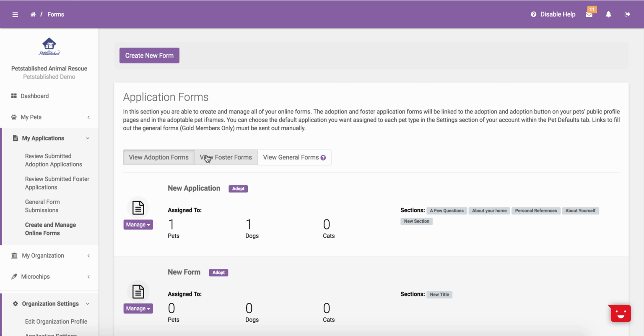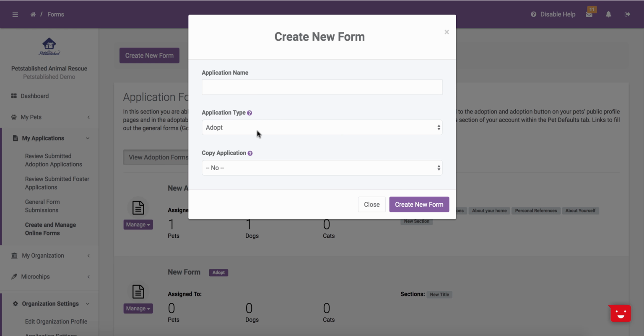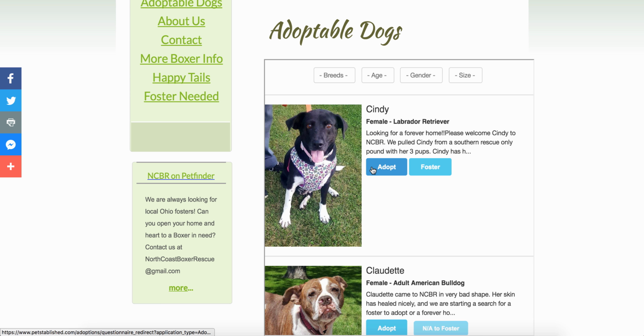To create a new form, you can click the Create New Form button at the top and then select the type of application you are trying to create. Please keep in mind the adoption applications will be attached to all Adopt buttons on all pet profile pages and within your pet iframes. All foster applications will be assigned to the foster button within the pet pages and within